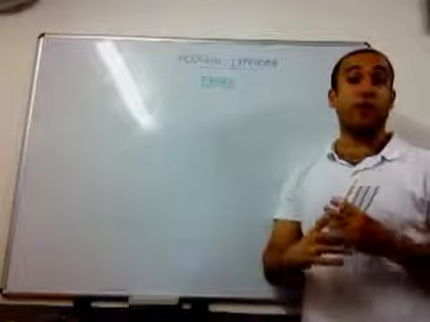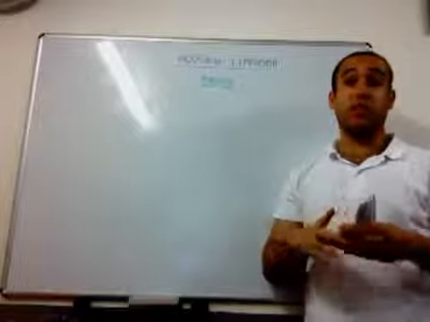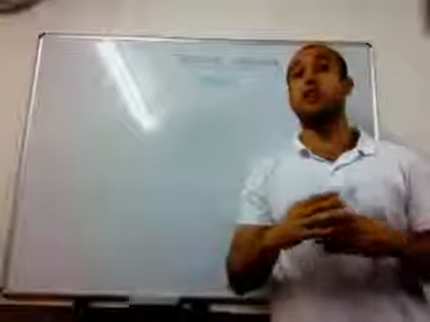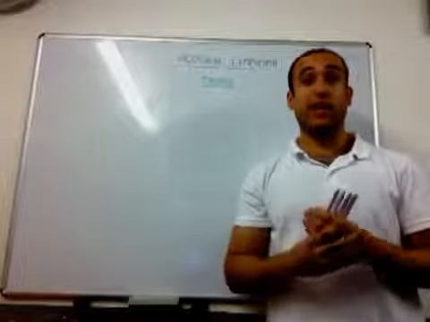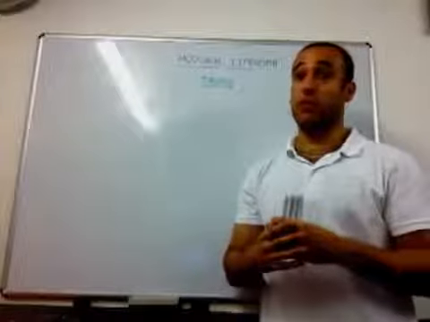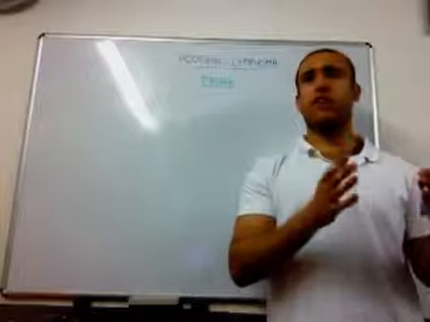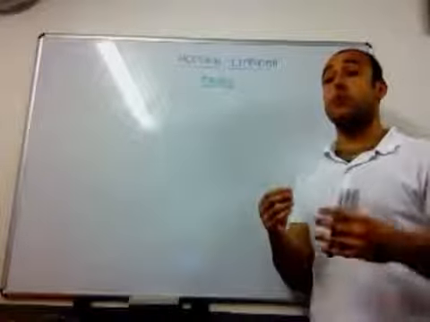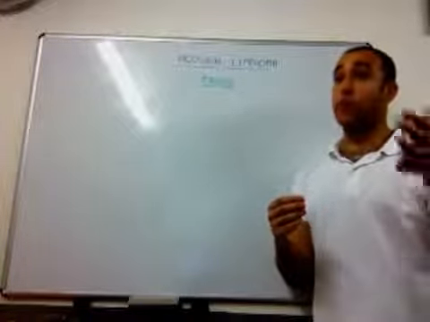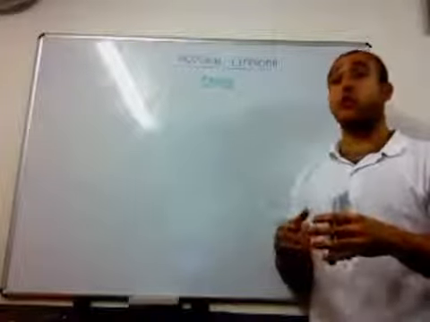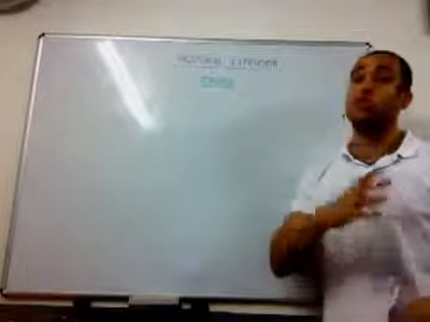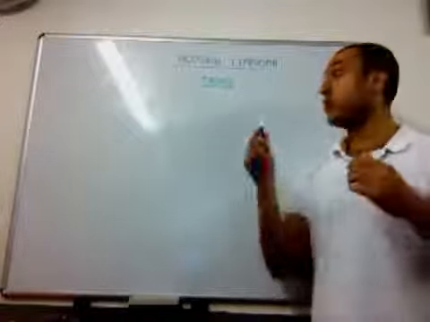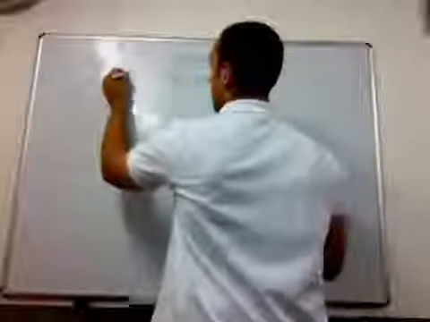We can say that it very much depends on the staging of the disease, whether it's very early or late. In an early stage, for example, stage 1A or stage 2A, radiotherapy and chemotherapy can be given. Before, they used to give only radiotherapy, but apparently after tests they found that it was more successful with radiotherapy as well as chemotherapy. So what we're going to do is discuss radiotherapy briefly, and then go on to the chemotherapy and talk about the specific regimen used in Hodgkin's lymphoma. So let's start with